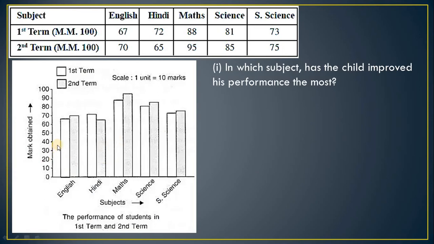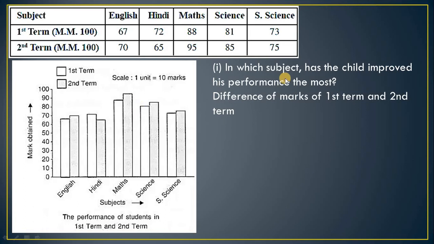In the x-axis, downside, you have to write the subject name, and here you can give a difference of 10 between the two values. So 1 unit equals 10 marks, because this side represents marks, and this first one is the first term, this one is the second term. Here it is actually the shaded area. It is not clearly visible in this presentation, but this one is the shaded area.